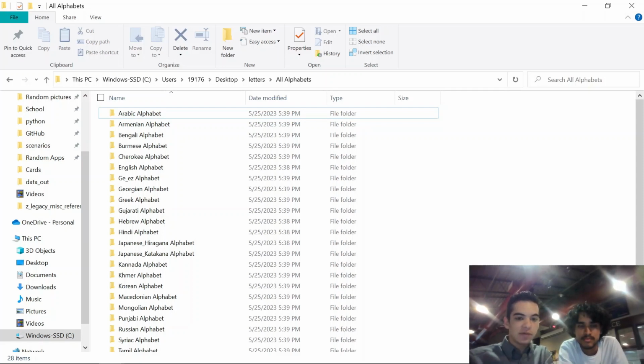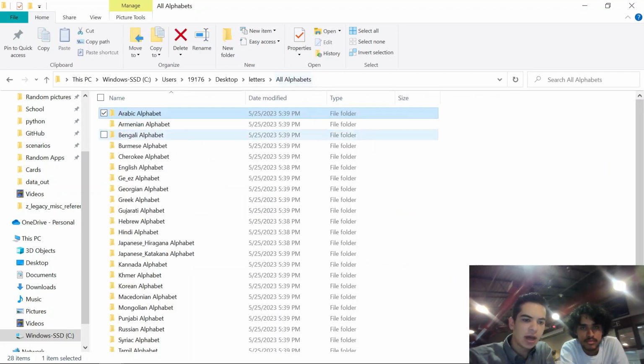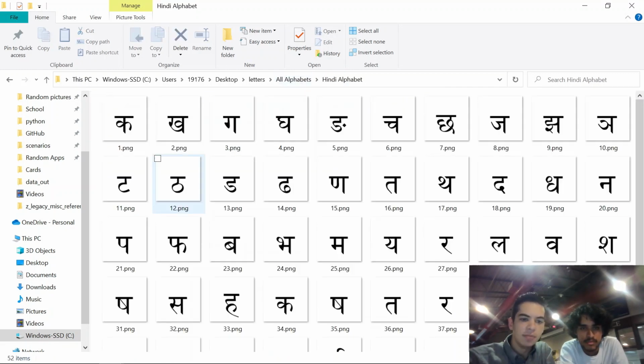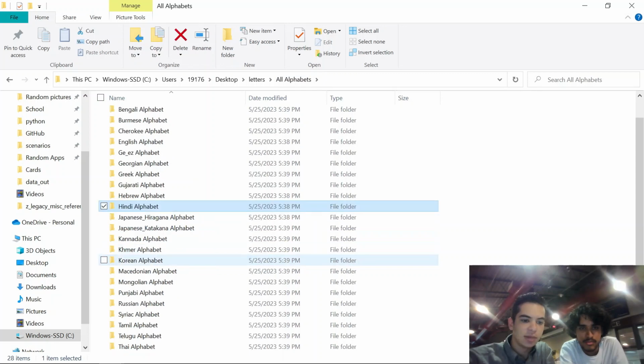So the general idea of the project was to look at the way that the different alphabets of different languages have different similarities and differences. So we used an unsupervised artificial intelligence program to group these alphabets. We used a variety of different alphabets from different parts of the world. So we have the Arabic alphabets, we have some of the Indian alphabets like Hindi, we have a bunch of